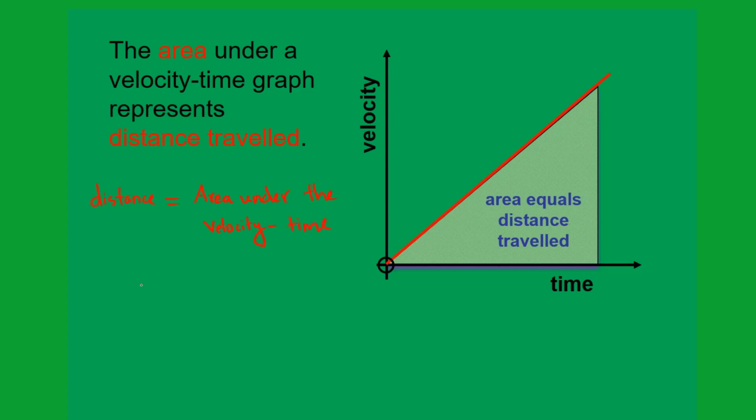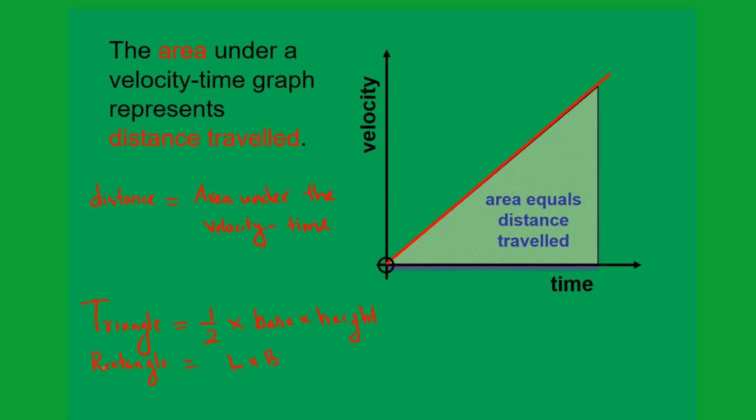If the area under the velocity time graph is a triangle shape, then we can calculate the area by using this formula: half into base into height. If the area under the velocity time graph is a rectangle, then remember it is length into